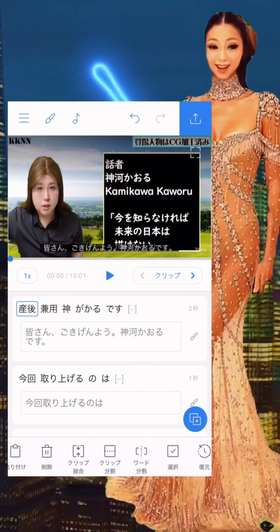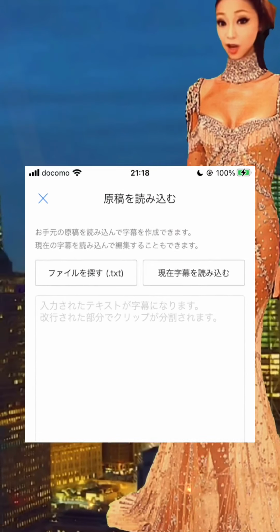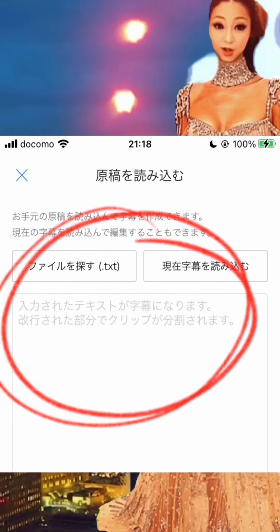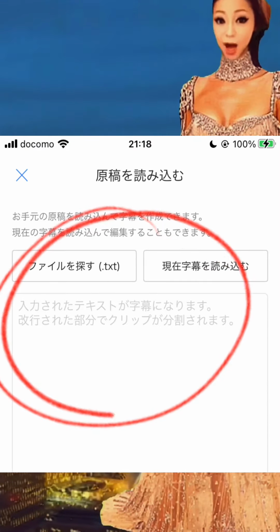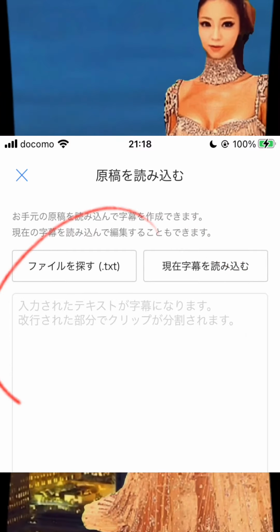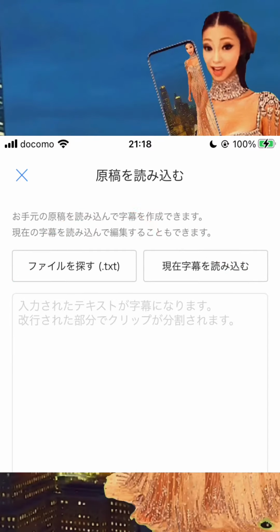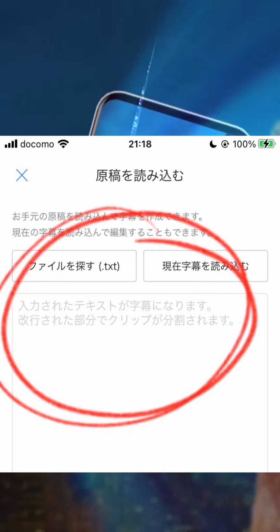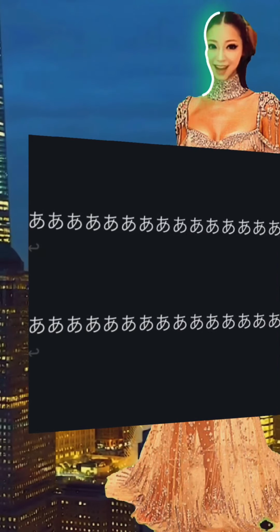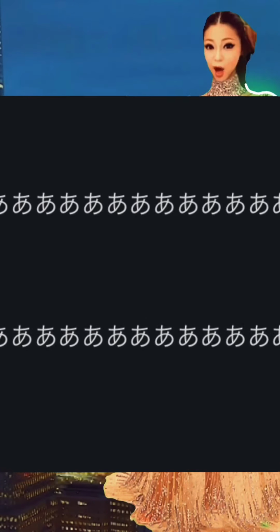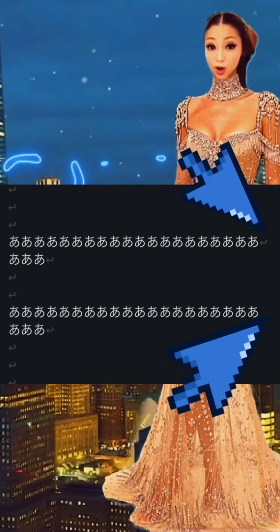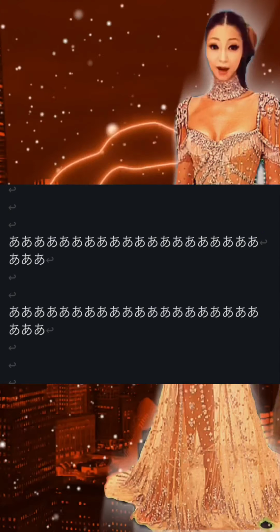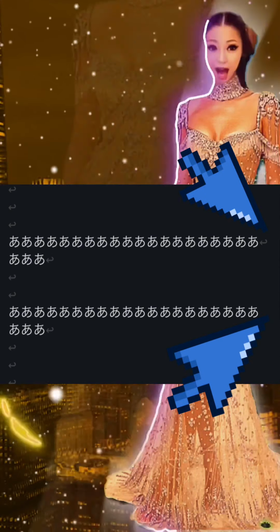However, there is one point that is difficult to use. When it reads the original, there is a function where the clip is split at the line break. When writing a manuscript with a normal memo application, it may be difficult to judge whether there is a line break at the end of a line. For example, if you look at an example like this, with a normal memo app, you can't make any judgment. They look the same. However, in the above example, there is a line feed symbol at the right end of the first line. In the example below, there are no line breaks.